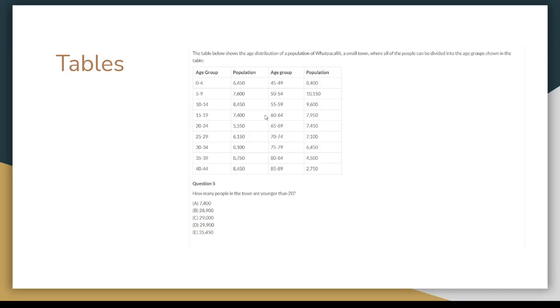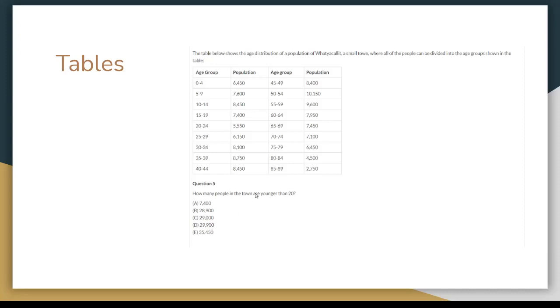Here's our next example question, tables. You can pause here and go through the question. We could just go straight to the question: how many people in the town are younger than 20? We can see 20 to 24, but it says how many people are younger than 20. So we must know at this point that this means 19 or younger. So we'll look here and do 7,400 plus 8,450, add 7,600, add 6,450, and that should give you